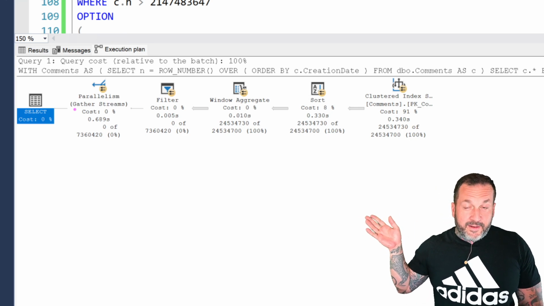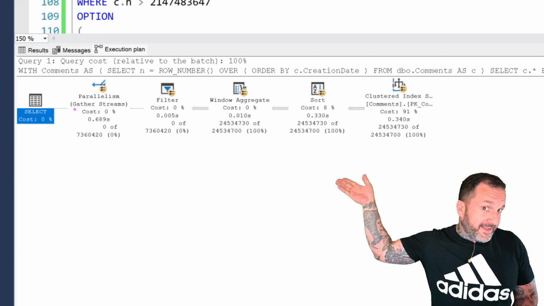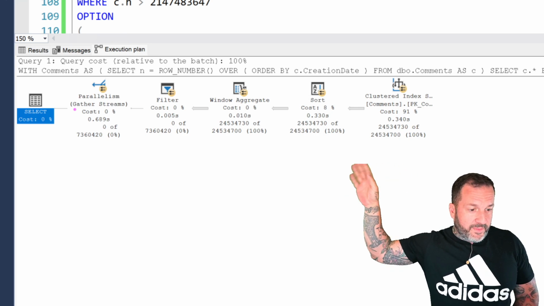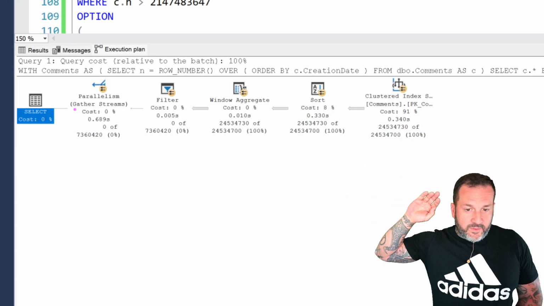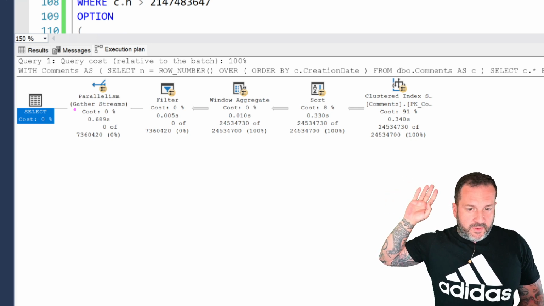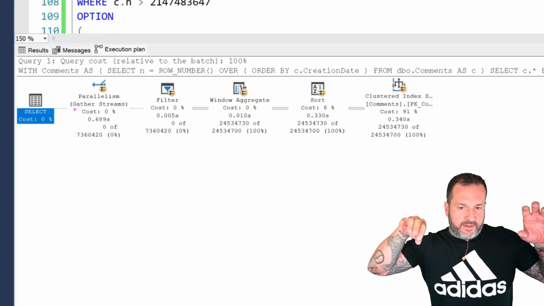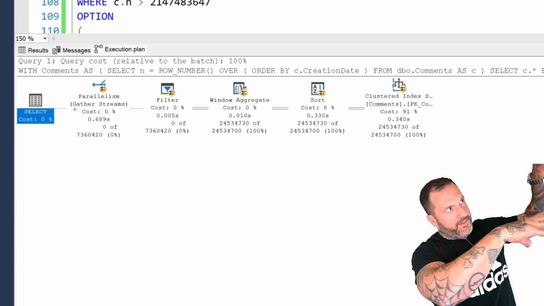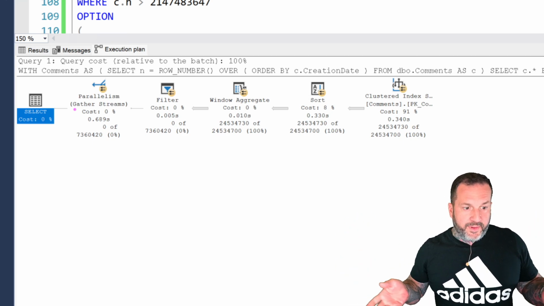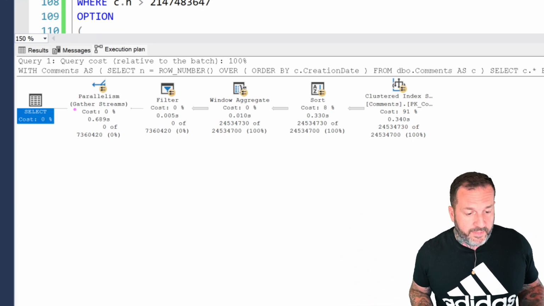So again, this is very fast, even with batch mode in place, and we don't have the same sort of weirdness where the parallel zone ends, then the segment and sequence project, and then the parallel zone reopens. We just have a parallel plan the whole way through, which turns out a lot better for us